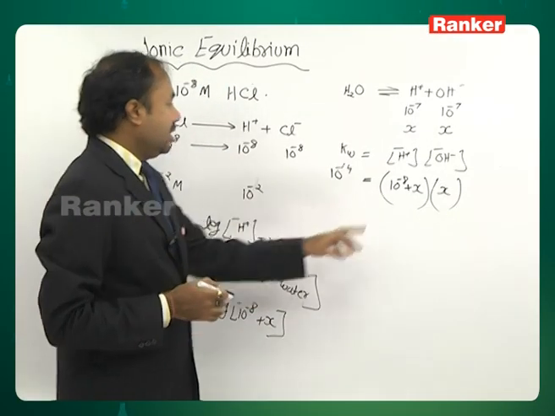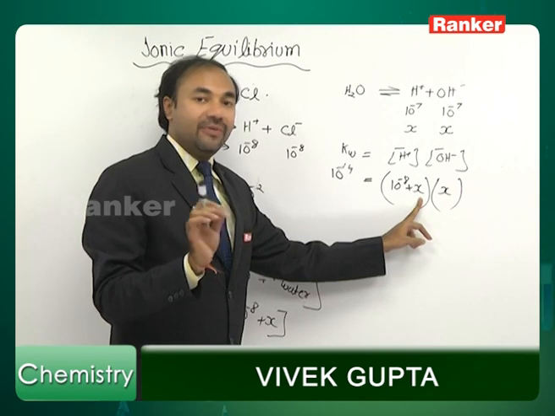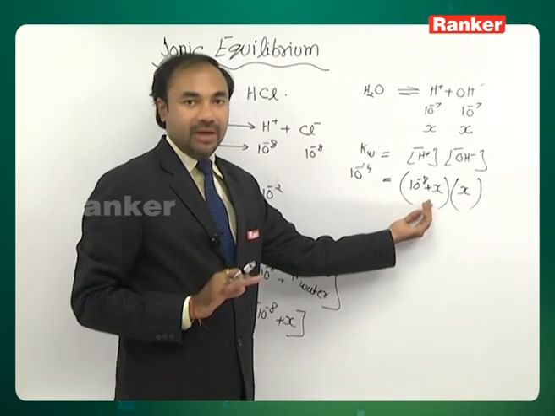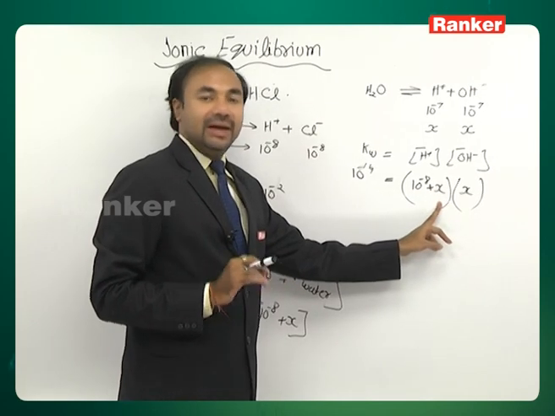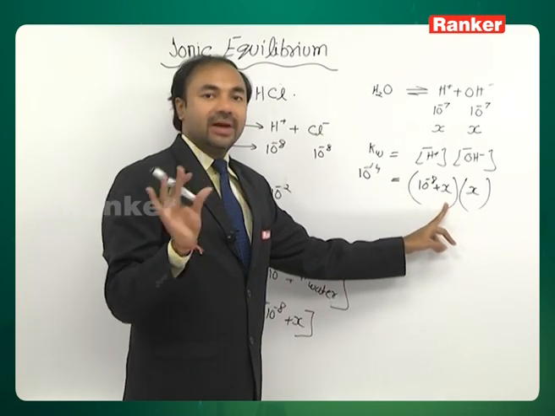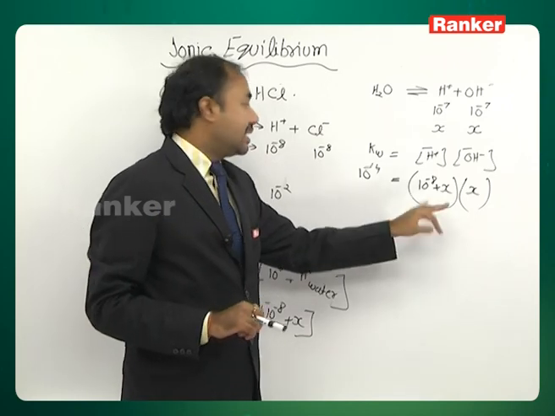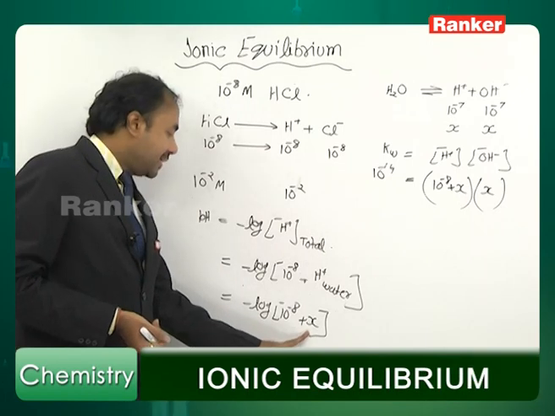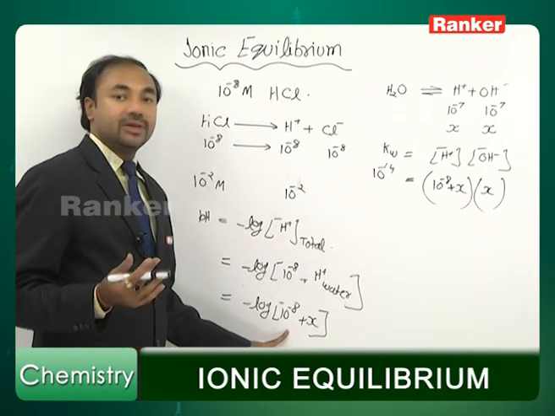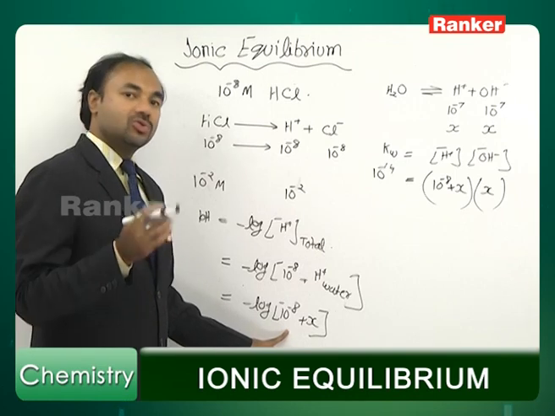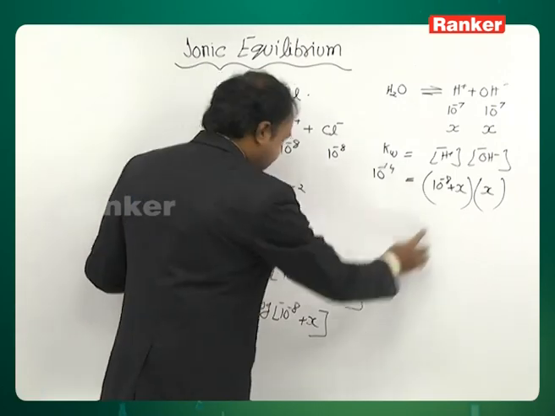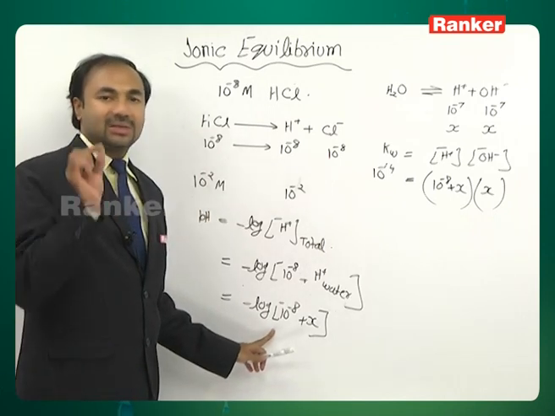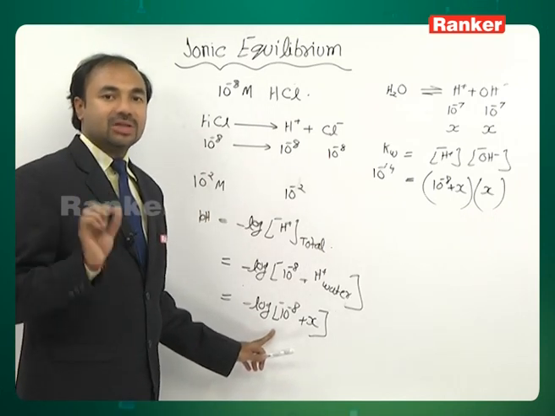Right? Now, if you calculate the value of X from here, a quadratic equation will be formed, which you will have to solve obviously. There is no escape from there. Solve this, and the value of X will come out nearby 10 to the power minus 8 only. As a result, here it cannot be neglected as compared to 10 to the power minus 8, like we neglected it in the case of 10 to the power minus 2. Solve it. After that, substitute it here, and you will find that this value of pH will come out slightly lesser than 7, means approximately